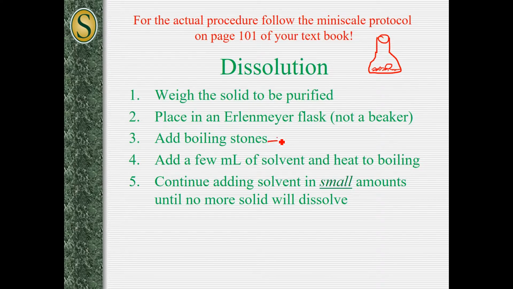The reason why we need the boiling stones is to control the rate of boiling. You don't want the liquid to be bumping out of the flask. So you want it to be controlled. Whenever you're heating a liquid, for example in a pan, the surface jumps up and down. So that's without boiling stones. But with boiling stones, it will really be calm on the surface. It's boiling, but because of the boiling stones, the surface will not go crazy, will not be bumping out of